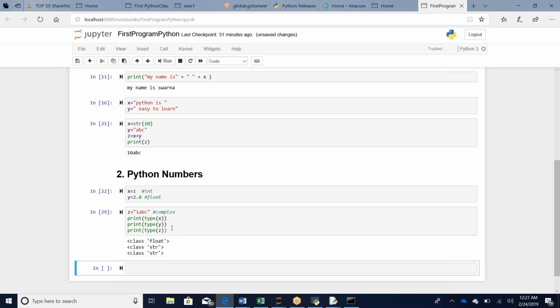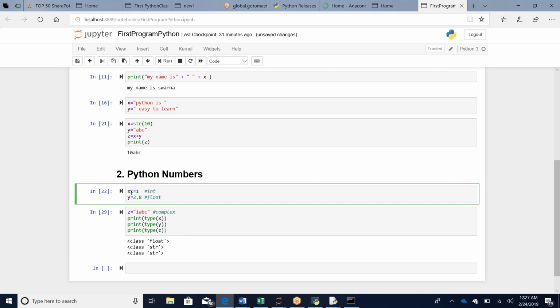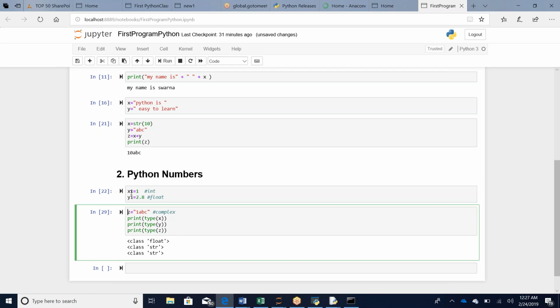Let's see, float and string. Suppose I am taking x1, y1, z1 and I am trying to print x1, y1,